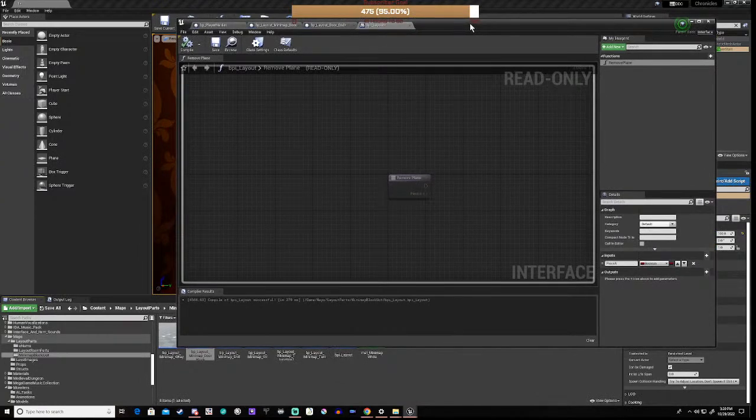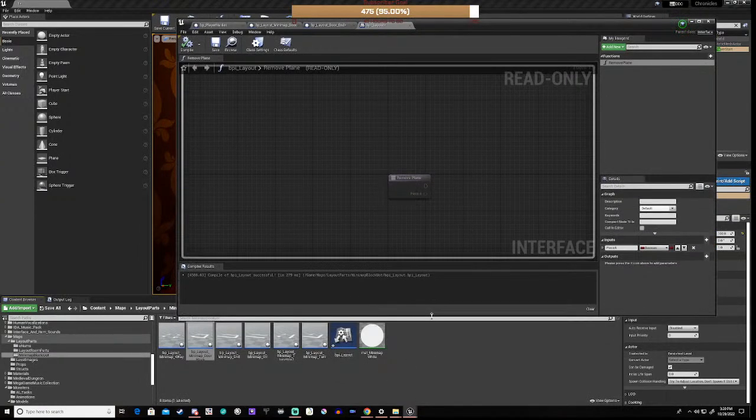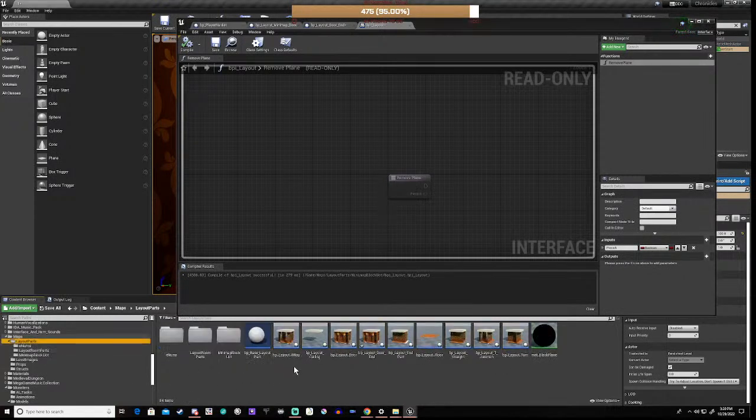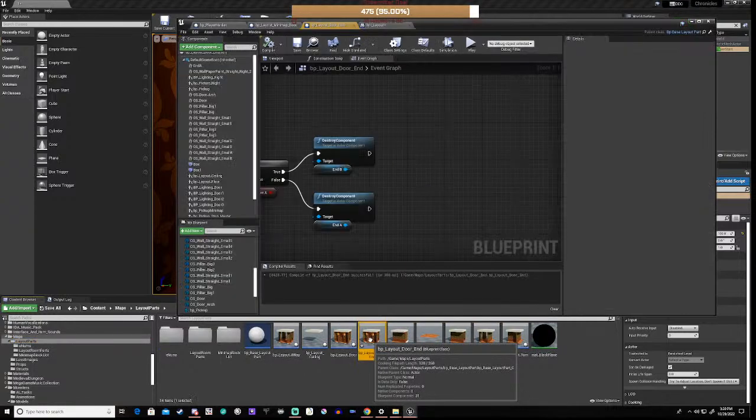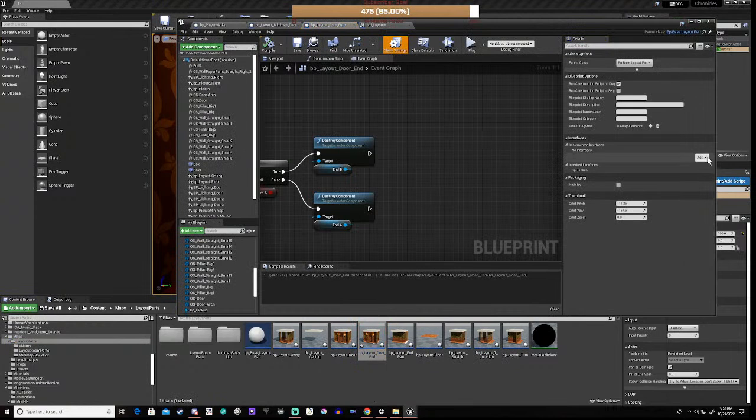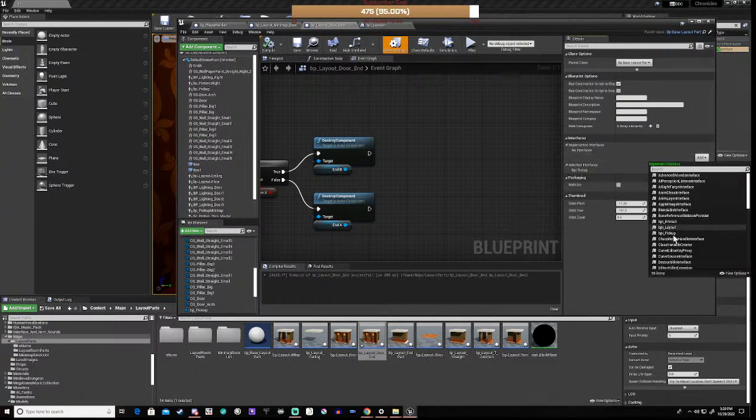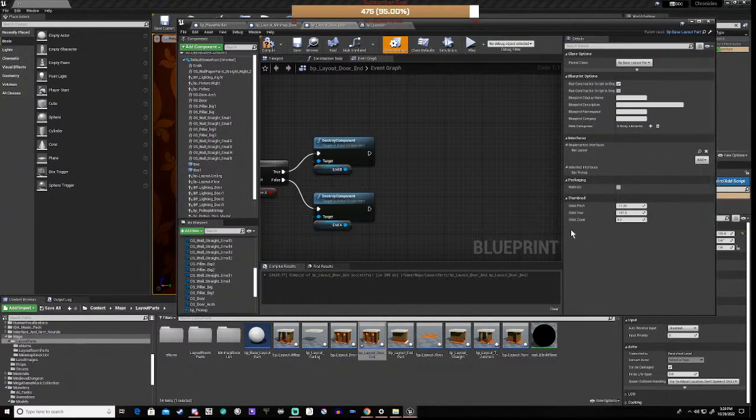I think it's the other one, you don't need to do it for the event dispatcher. Right, so in our door end, we basically go to class settings and add BPI layout, save that,